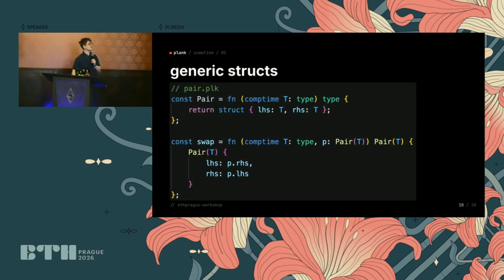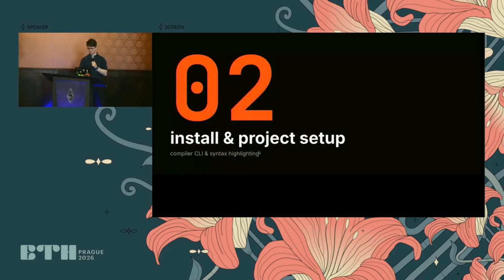And then finally, a generic struct and function. So you see a generic struct is just a function that returns a type. Actually, you take the type as a parameter, and I think this can be much more natural than potentially in other languages where you have a special syntax for the generics and types, and this is kind of like a separate realm. In Plank, at compile time, it's almost like a dynamic language, like you have the full power and ability to just look at types, generate code based on that, and then here you have a generic function. So lots of talking, let's get to building.